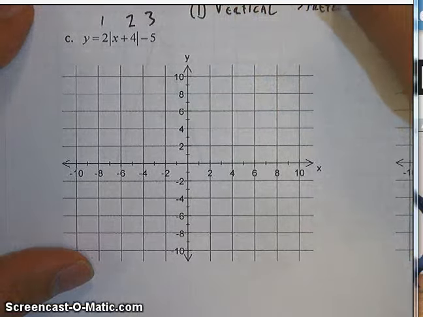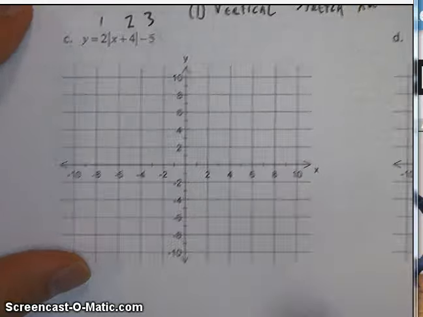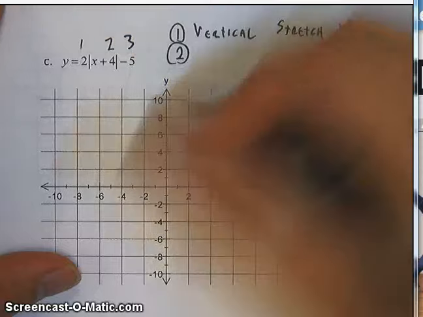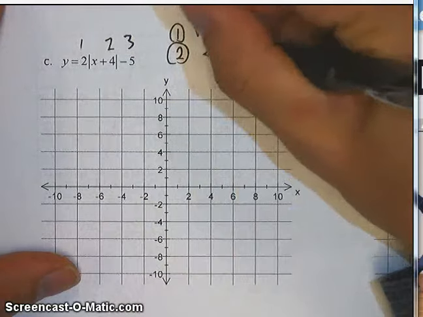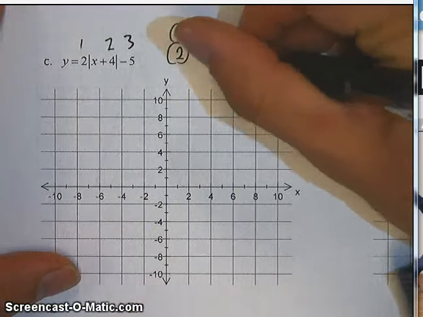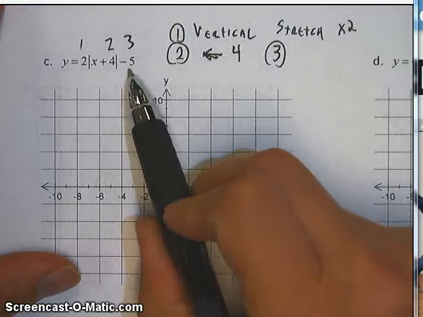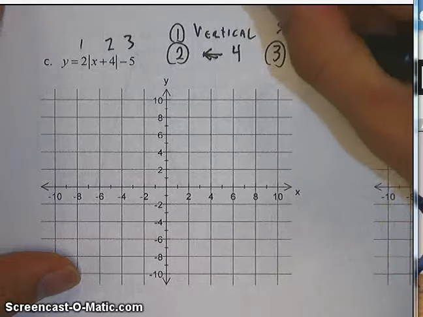It's by a factor of 2, so you can write times 2. You could just write vertical stretch. Either way, it's fine. 2, I see that plus 4 there. That means this thing's going to go left 4 units from the origin. Left 4. And the third thing is this minus 5, which means I'm going to push it down 5 units